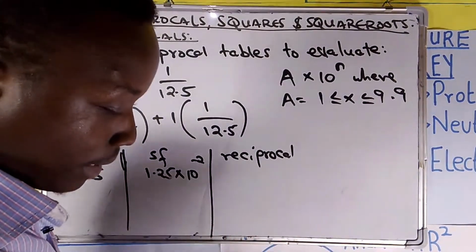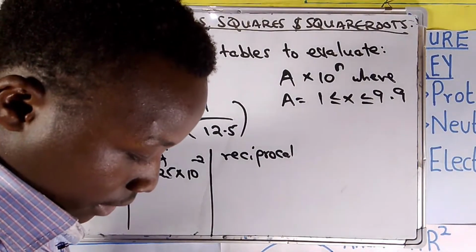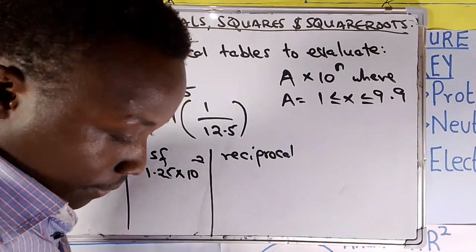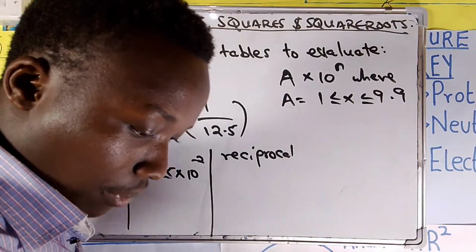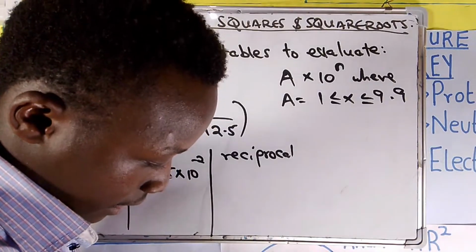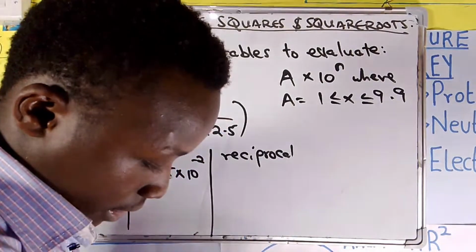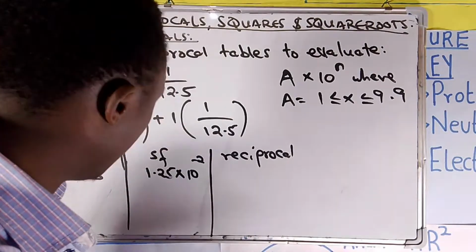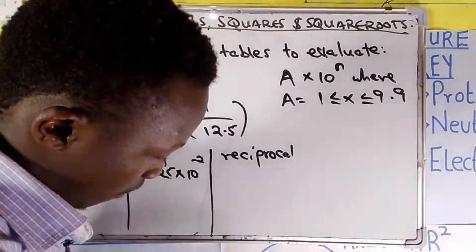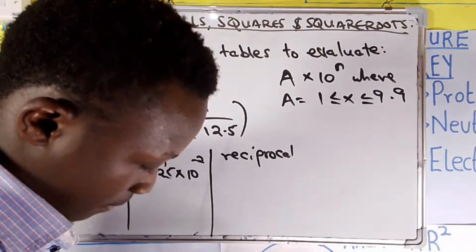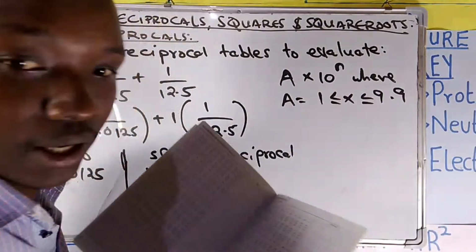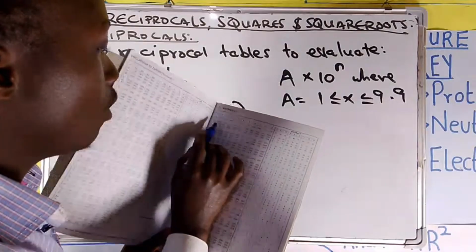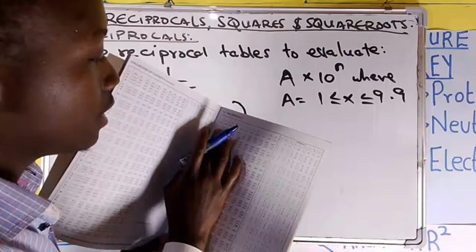So we will go to our mathematical table. From the table of contents, mine is the 5th edition, the reciprocal page is on page 17. From page 17, you will find that the reciprocal of 1.25 is going to be 0 point. From the column of 0, it is 0 point